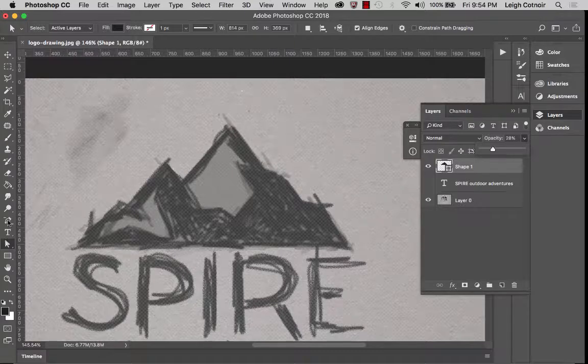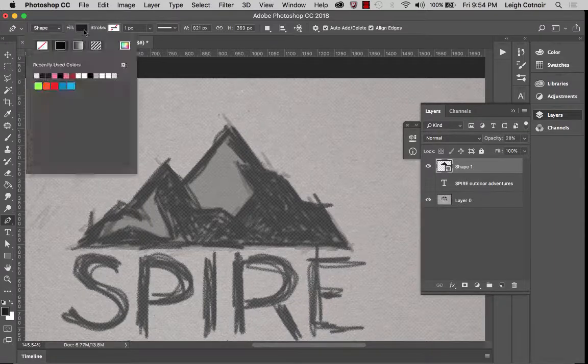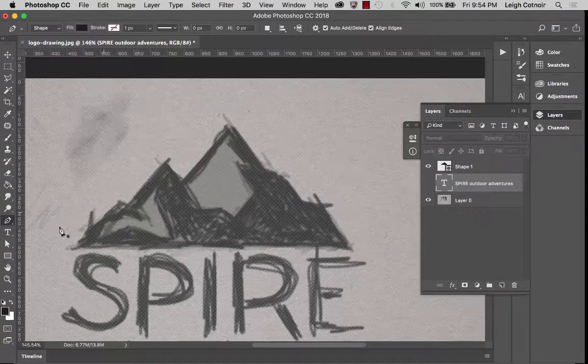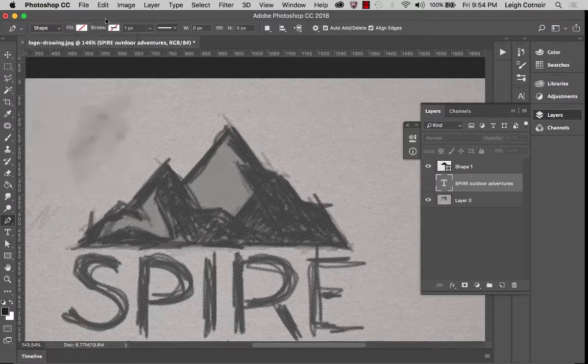And again, I'll go over here to my pen tool. I want to make sure that I've got shape selected. And for fill, I think I'm just going to turn the fill off. See this little strike through? Right now I'll turn the fill off. Actually, turn the fill off of this shape. But in fact, let's just click off of it so that this shape is not active. I'll click on the type tool or something so that it's not active. And then I'll make sure that my fill color for my next shape is going to be the transparency strike through. Okay, so now I can make sure it's got shape, my pen tool,